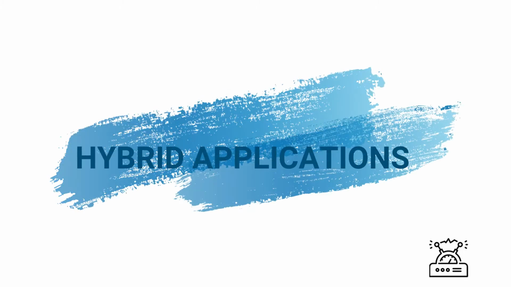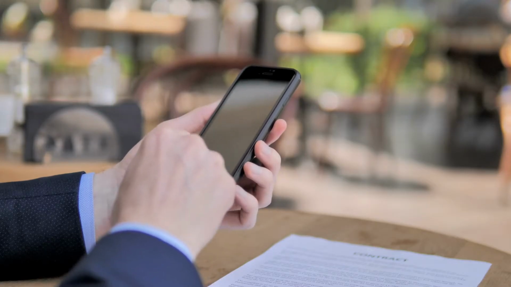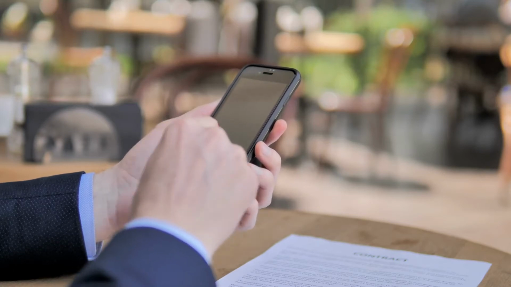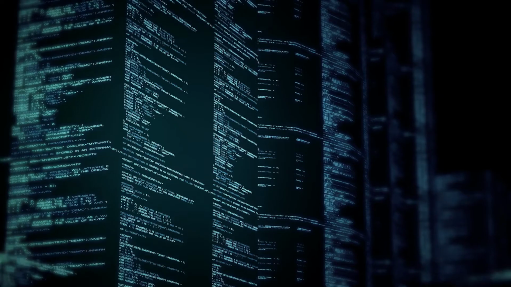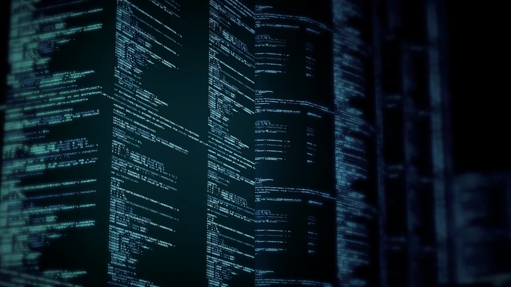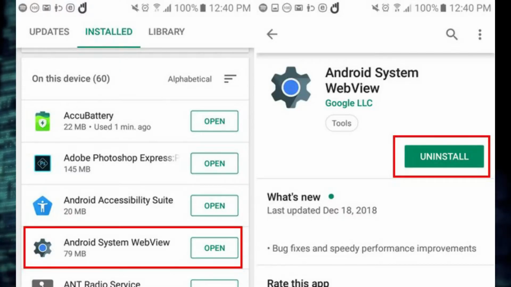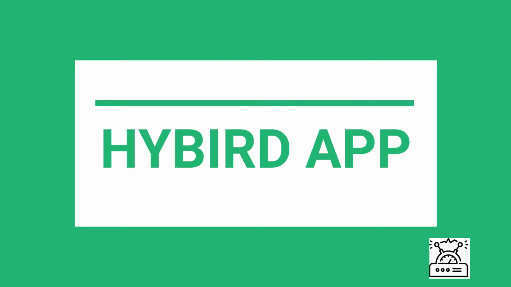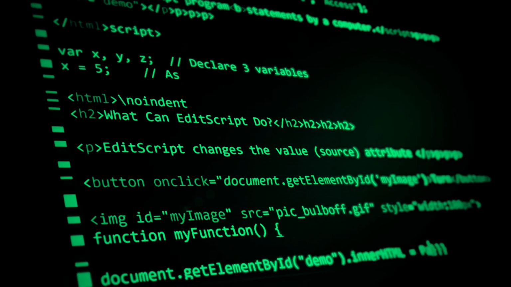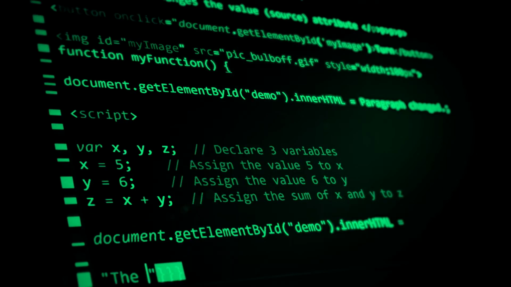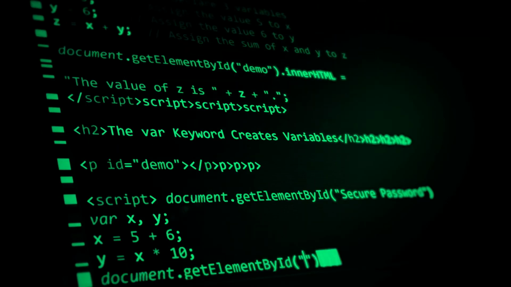Third one is hybrid applications. Hybrid apps are a combination of both native and web apps. They can be installed on the device and parallelly get connected to the internet. These apps are programmed using HTML, CSS, or JavaScript, and they can be viewed in a web view. The hybrid app has two stages of design. The back-end code is written in languages like JavaScript, HTML, or CSS. A native shell downloads the source code using a web view.